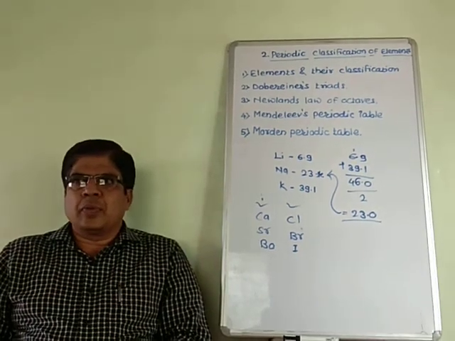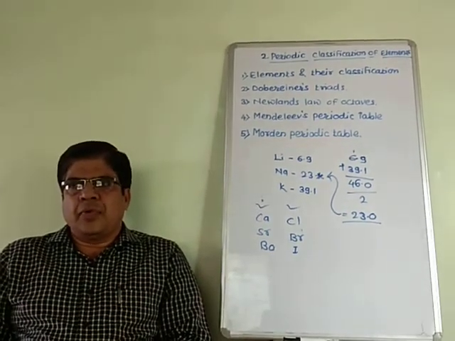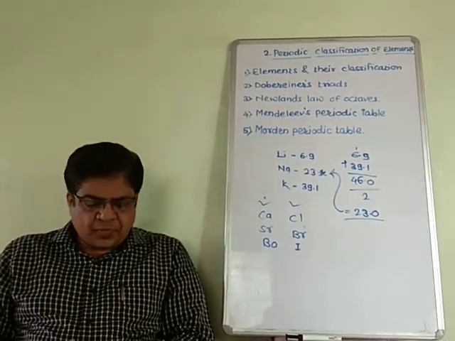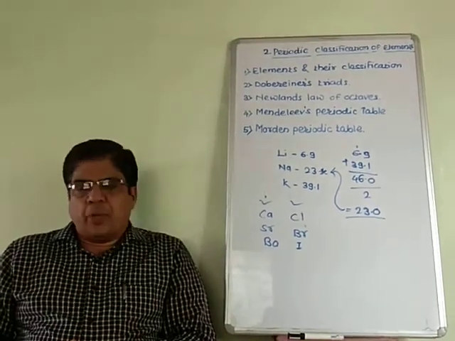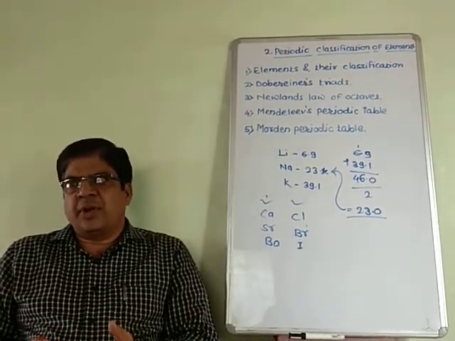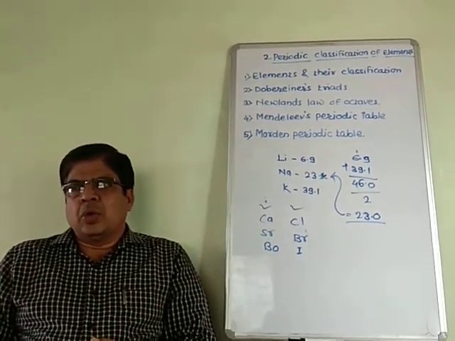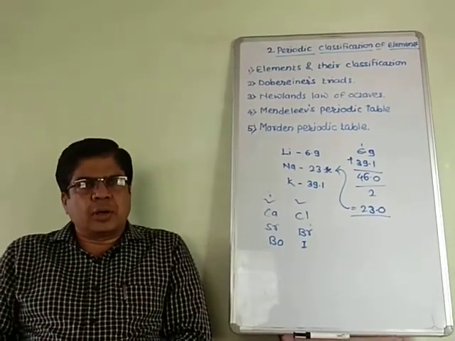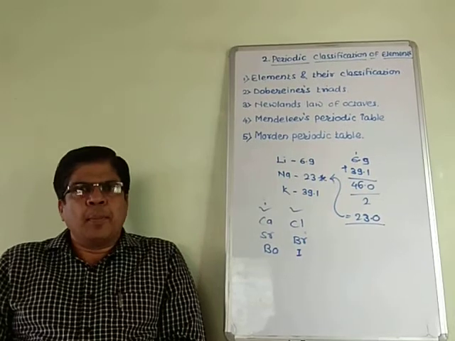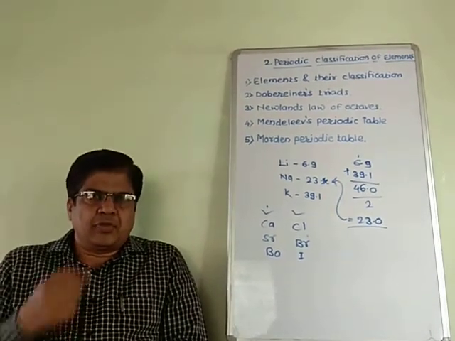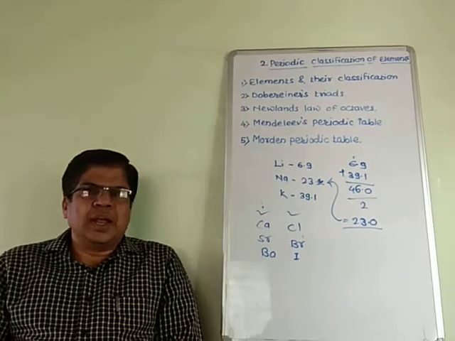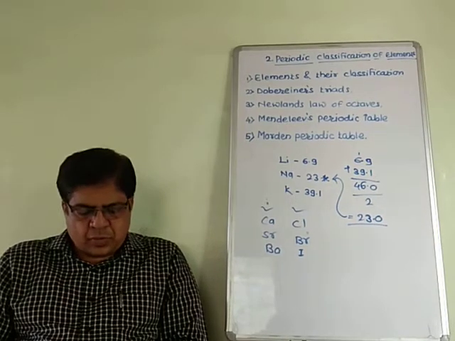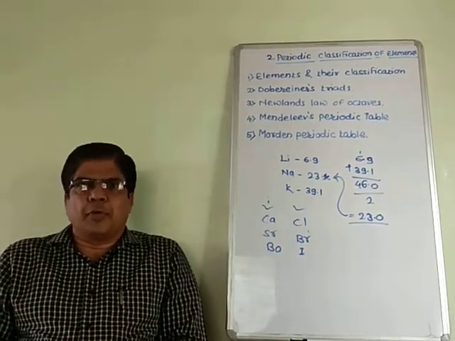We are continuing classifications of elements. In that lesson, we have come to the point of modern periodic law. Before that, we covered what an element is, types of elements, Dobereiner's triads, Newlands' octaves, Mendeleev's periodic table, Mendeleev's periodic law, merits of Mendeleev's periodic law, and demerits of Mendeleev's periodic law. Now, the next point in this lesson is modern periodic law, and this point is very important.